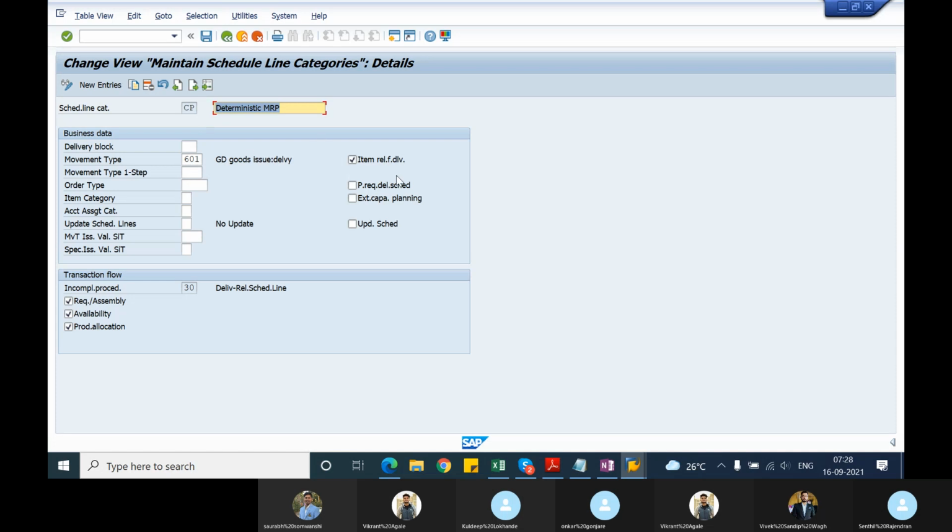And then if this item is relevant for delivery, we have these three important fields on how the requirements will be passed on to the material requirement planning. Whenever you enter a material in a sales order, the system will perform an availability check. Availability check is an important concept, so we will discuss that when we get to availability check. But you just need to understand that the system will automatically perform availability check whenever you enter a sales order, and the result of that availability check decides how we pass on the requirements